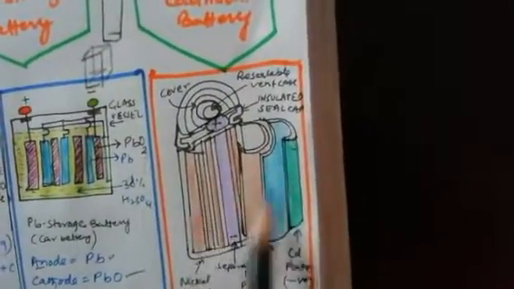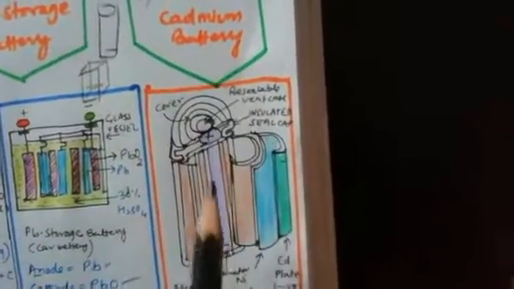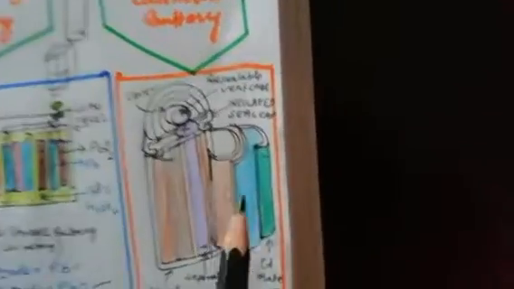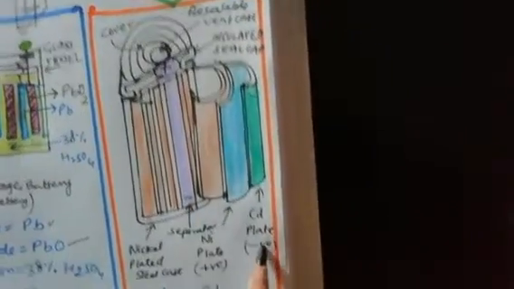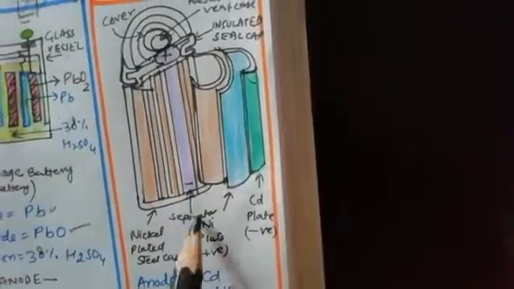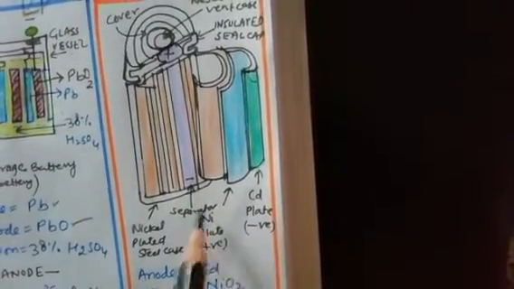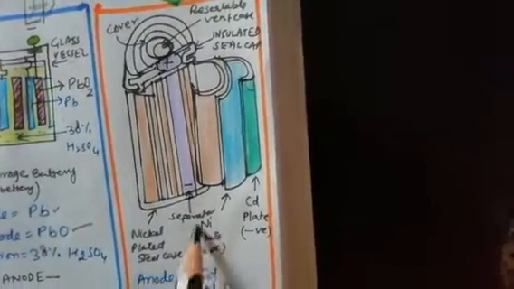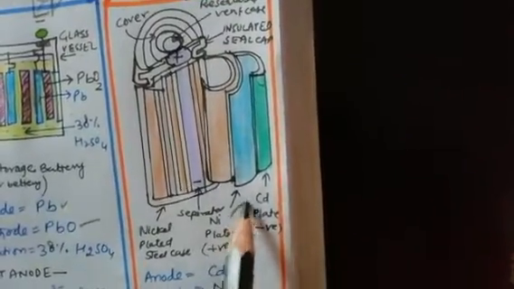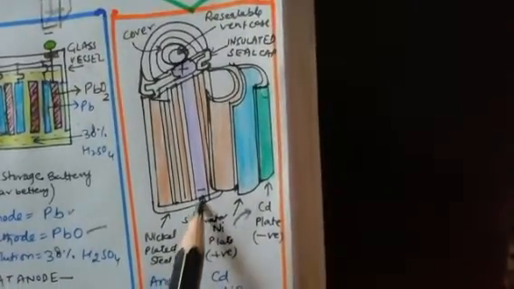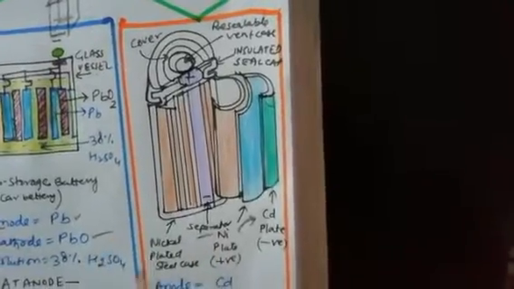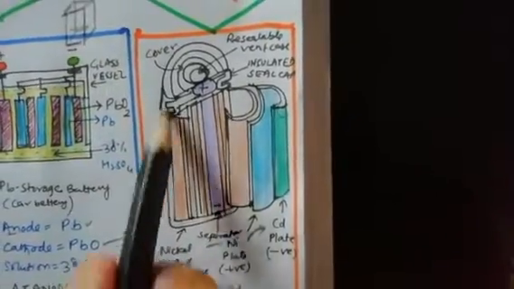Inside that, this is circular. I have made a cut piece of the cell, this is a cut piece, meaning front piece. There are 3 layers. First layer is cadmium plated, which is negatively charged, okay, and the second plate is nickel plate, that's why it is called nickel cadmium, nickel plate, which is positively charged. So there is a reaction between nickel and cadmium, and in between there is a separator, and outside is the nickel plated steel, okay.